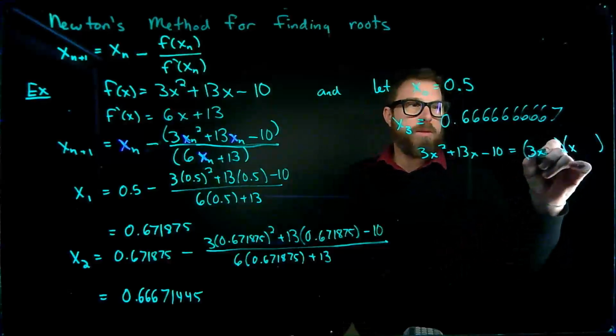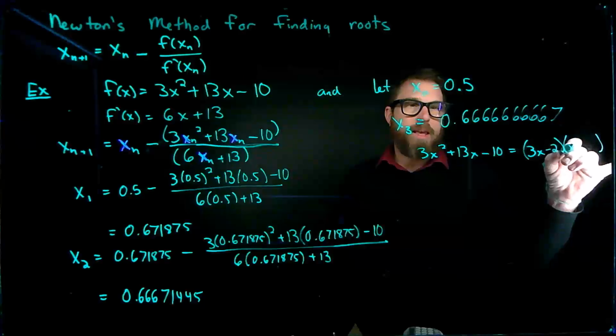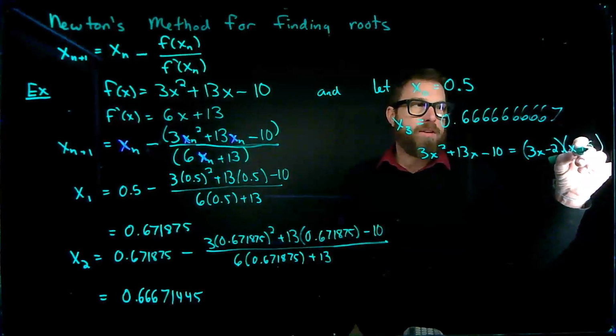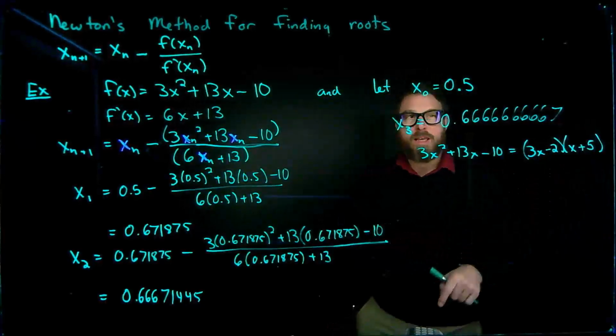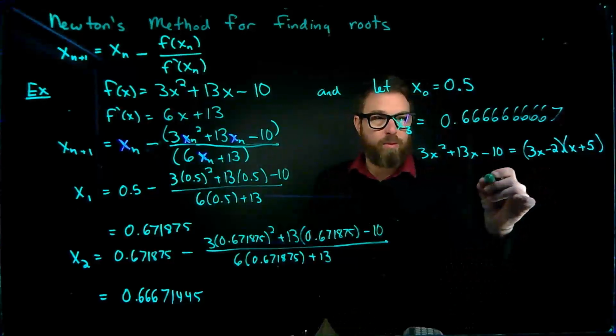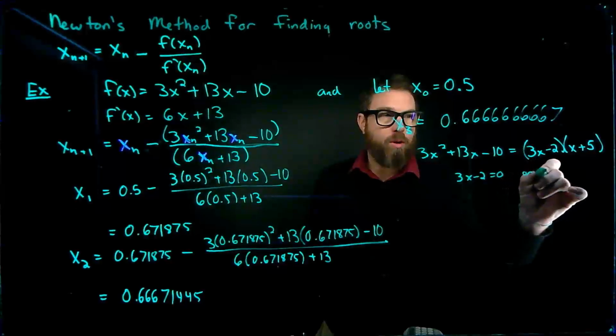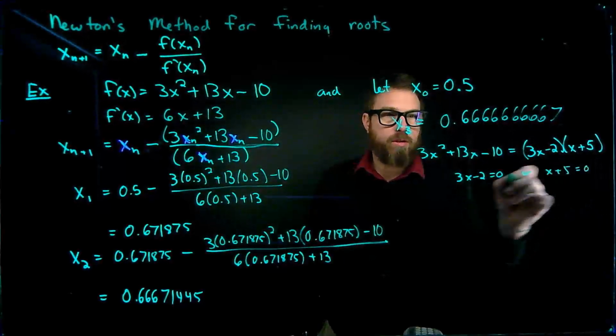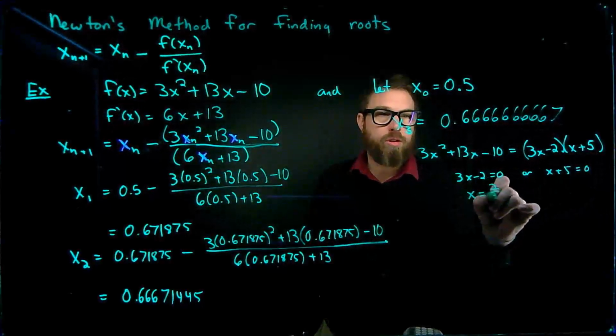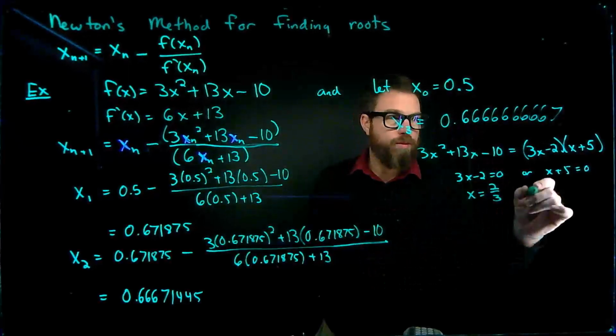It just so happens to be a minus 2 and then a plus 5 here. So this thing actually factors into this. So either 3x minus 2 is equal to 0, or x plus 5 is equal to 0. So x is equal to 2/3, which is the thing that we found,